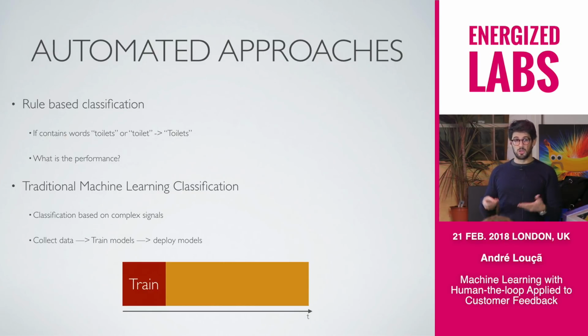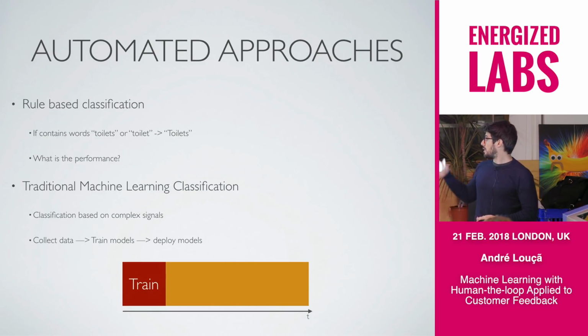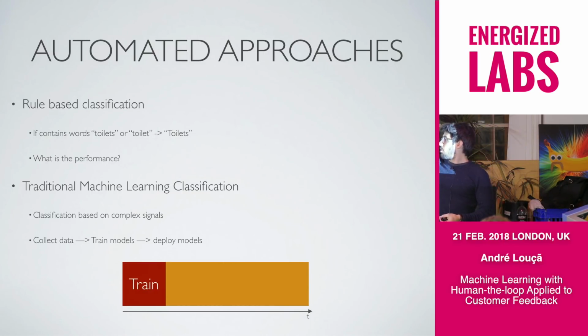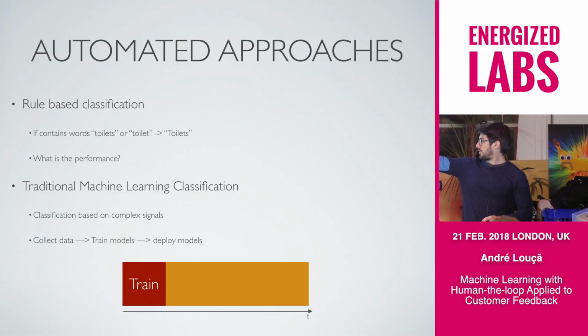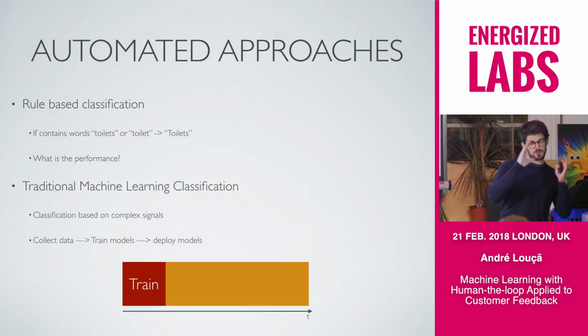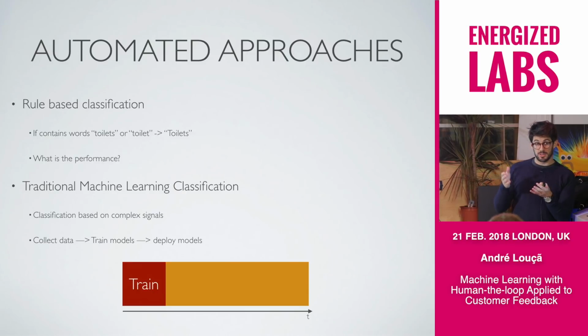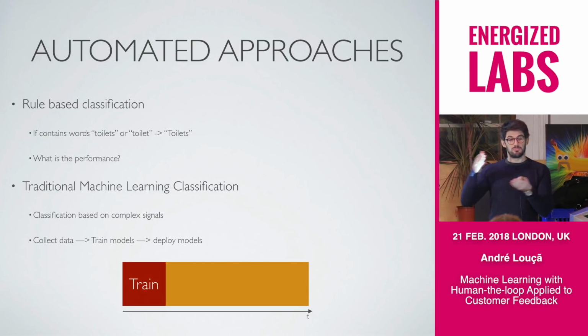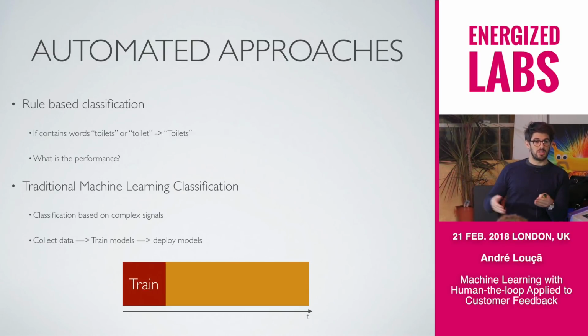More data coming in, you predict. However, the problem here is that you created the models based on the first training set. And yes, for this model, I know what the performance is. But now the data is going to start changing. The data changes every day. But what if the data changes? Is my model still applicable?